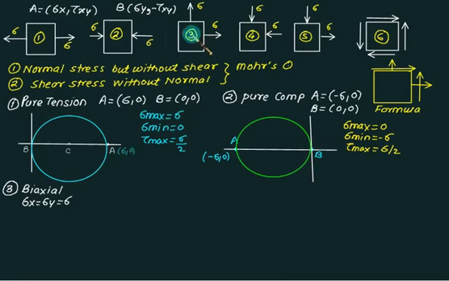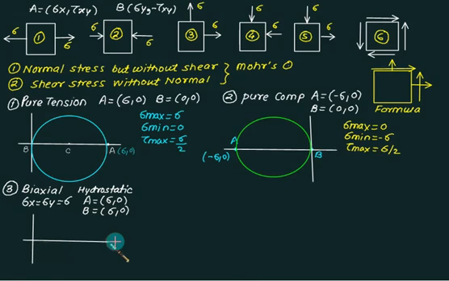Now take figure number 3. Here we have both stresses alike, it's biaxial. So sigma x is the same as sigma y. This normally comes in hydrostatic, because in hydrostatic the pressure acting is the same in all directions. So coordinate A is sigma comma 0 and coordinate of B is also sigma comma 0. Since both points are identical, the Mohr circle will become a point on the sigma axis and its radius or diameter will be equal to 0. But this time it will lie on the right hand side. Now A will coincide with B, so the same will be the point C also. So the Mohr circle for pure like and equal stresses is a point.